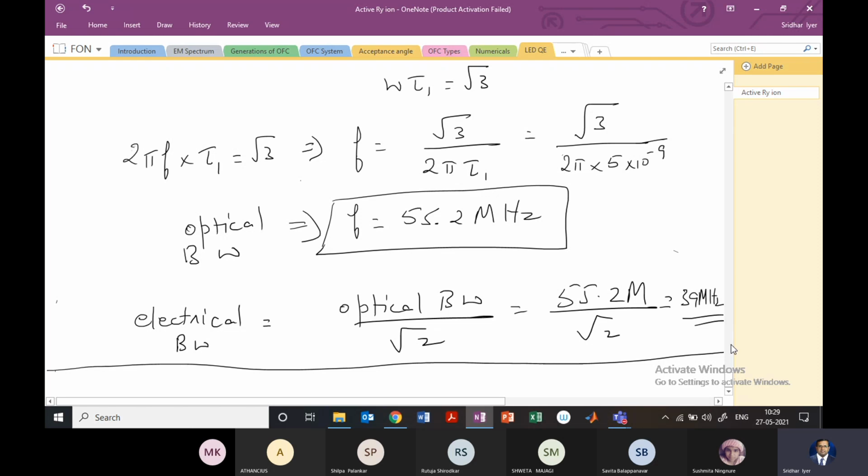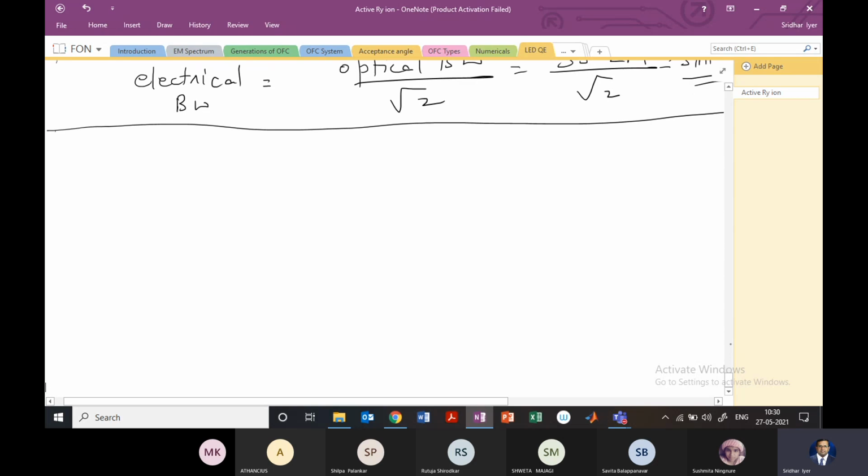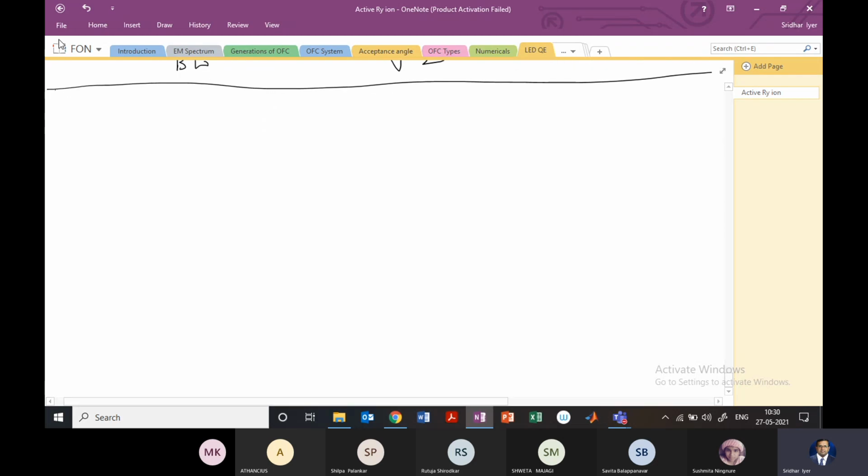That's why we need optical communication. You always get a higher bandwidth, right? For a different setting, this difference between the optical bandwidth and electrical bandwidth will be much, much higher. Okay, so let's solve one more numerical on LED and we'll close LED. This numerical is on what we had solved yesterday on the lifetime.